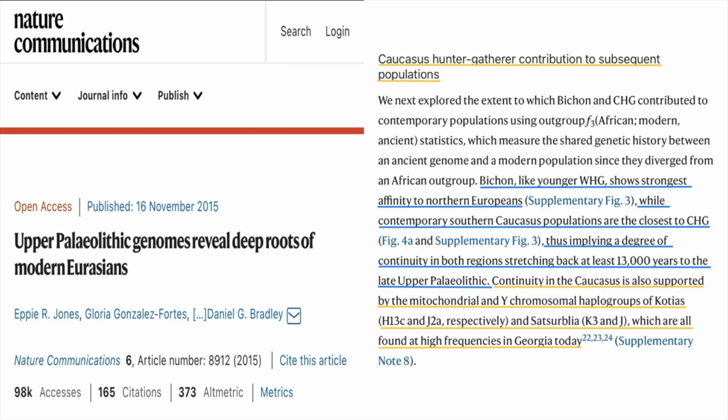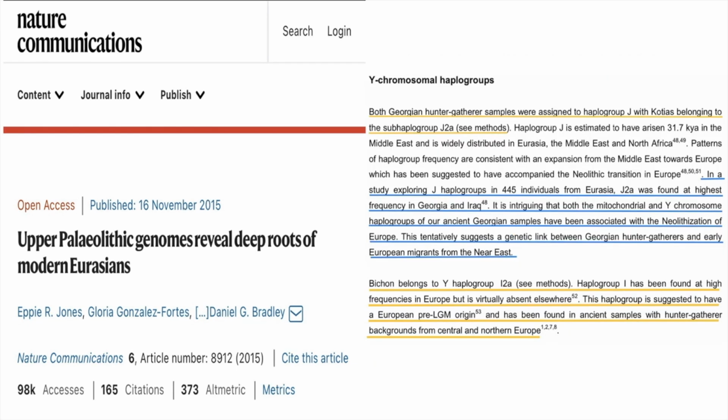Continuity in the Caucasus is supported by the mitochondrial and Y chromosomal haplogroups of Kotias, mitochondrial H13c and J2a as the Y DNA respectively, and Satsurblia as mitochondrial K3 and Y DNA J, which are all found at high frequencies in Georgia today. So the Y chromosomes, I'm just going to focus on haplogroup I, but I'm just going to read